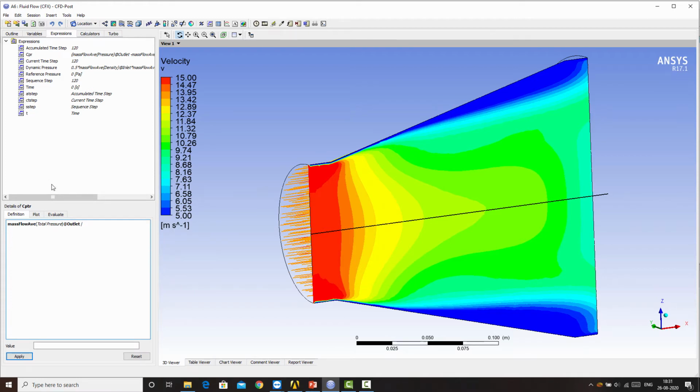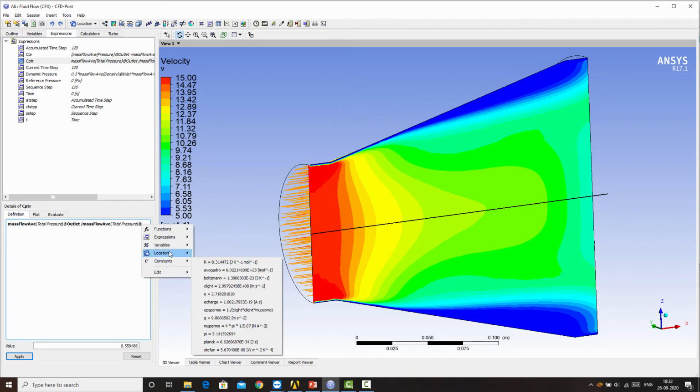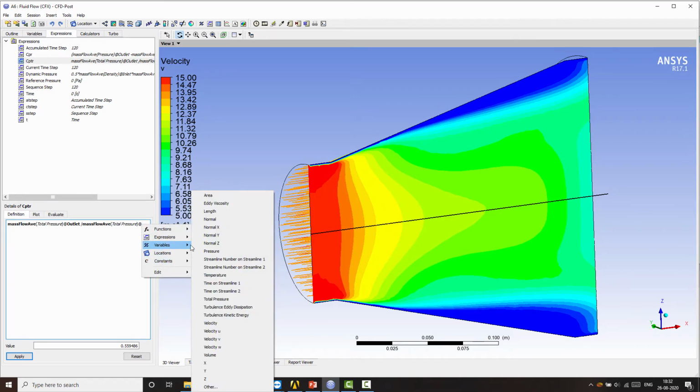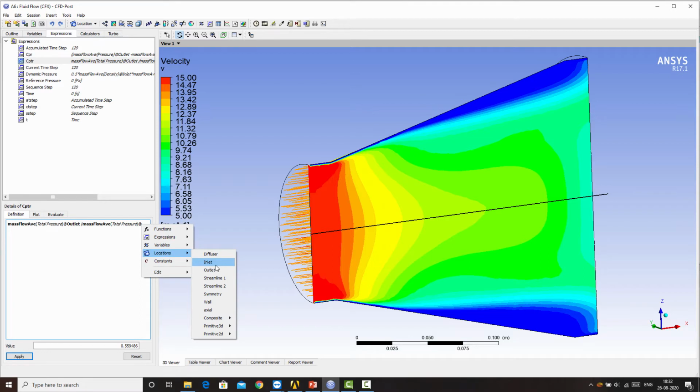Then we divide this, we copy this whole function and place it here. So the location will be inlet, and we hit apply. So this is about 70%, so about 70% of the total pressure is being recovered. We have 30% losses in the diffuser channel.